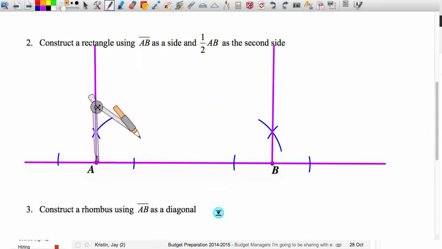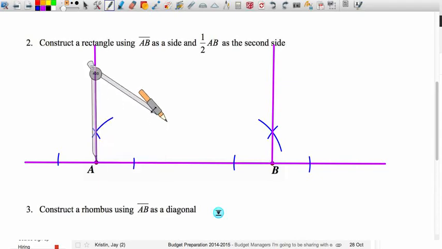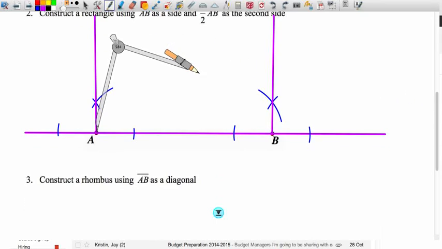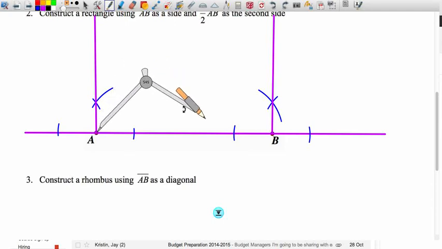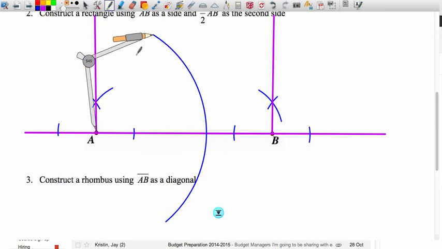So in order to find half of the length of AB, what I'm going to do is the football construction effectively. And what I want to do is perpendicularly bisect AB in order to find its midpoint. And so let's just shrink that down a little bit so that we don't have too big a problem here. Okay, and so I'll do my first arc, go to the opposite side, rotate round and